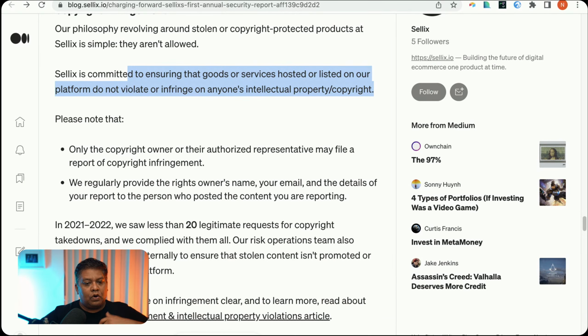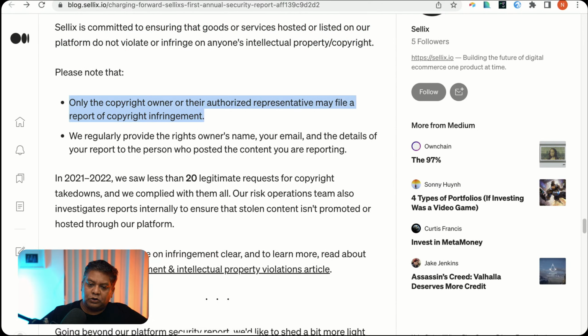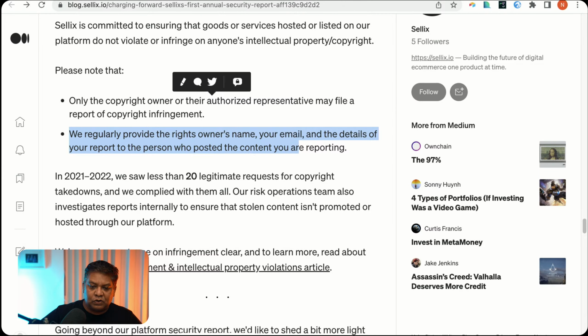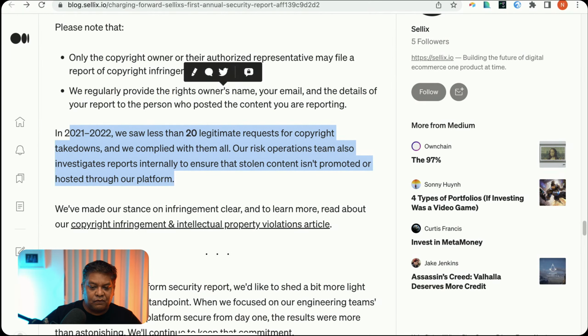Okay. So please note that only the copyright owner or their authorized representative may file a report of copyright infringement. We regularly provide the rights owner's name, your email, and the details of your report to the person who posted the content you are reporting. In 2021-22, we saw less than 20 legitimate requests for copyright takedowns, and we complied with them all. Great.